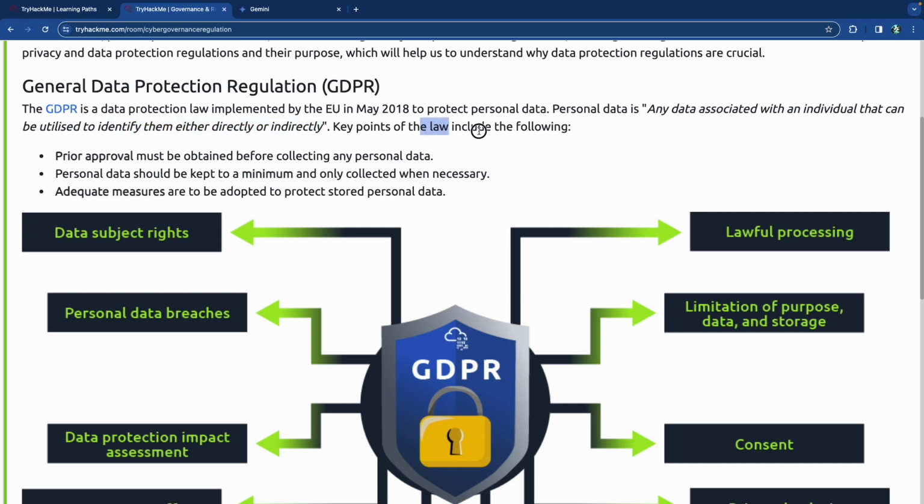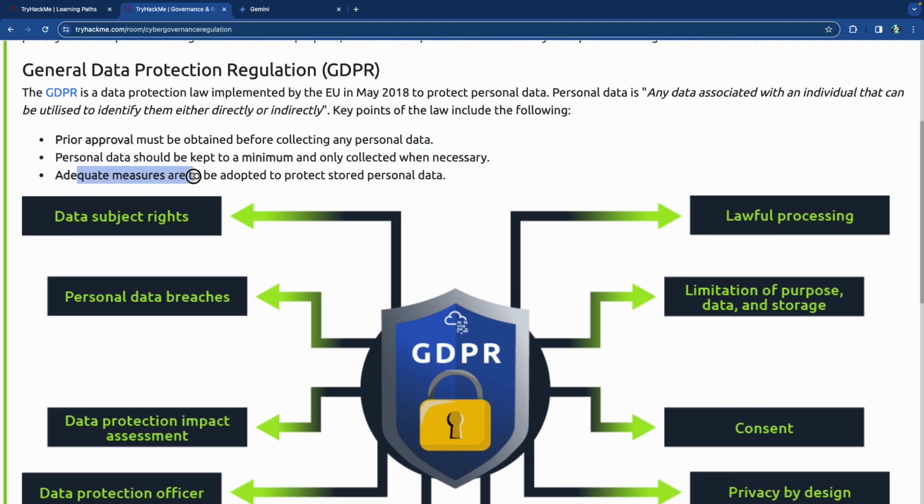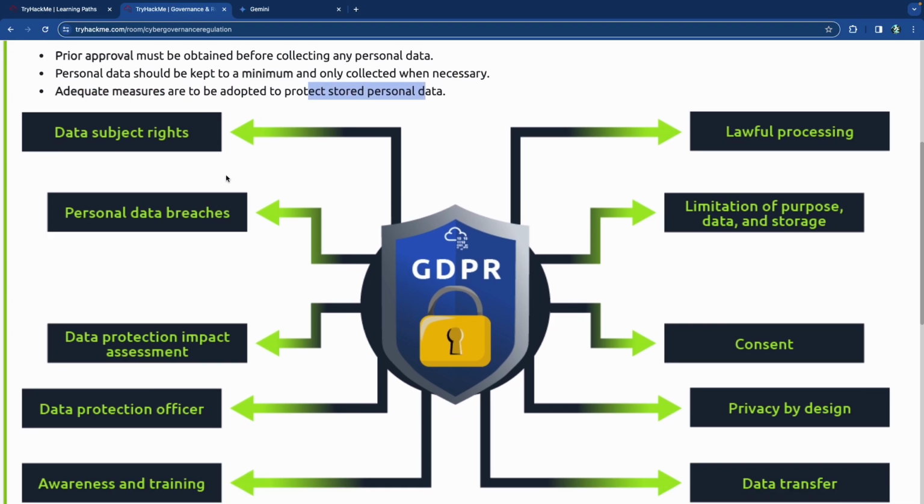So key points of the law include this. Prior approval must be obtained before collecting any data, so let them know you're about to collect data. It should be kept to a minimum and only collected when necessary. So if you don't need their social security number, don't ask for their social security number. If it's not necessary and you collect it, you're putting your organization at risk. So if you don't need it, don't ask for it. It's very basic. Adequate measures are to be adopted to protect the data, and that's a really, really big